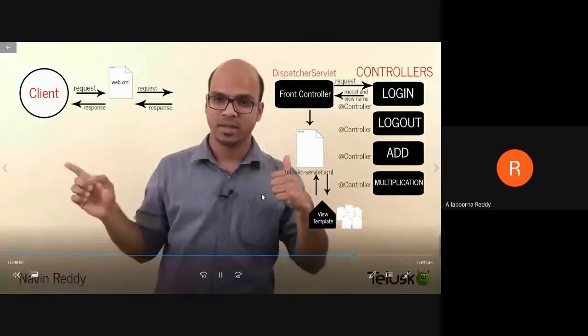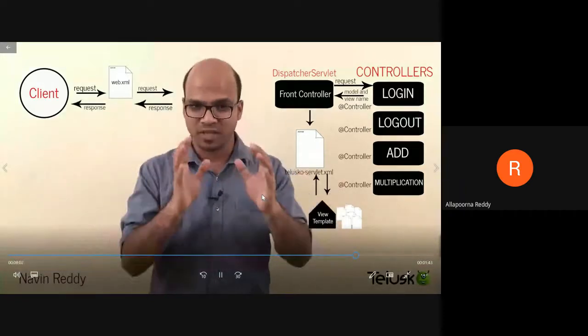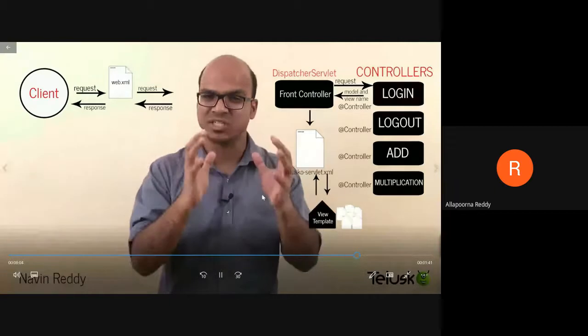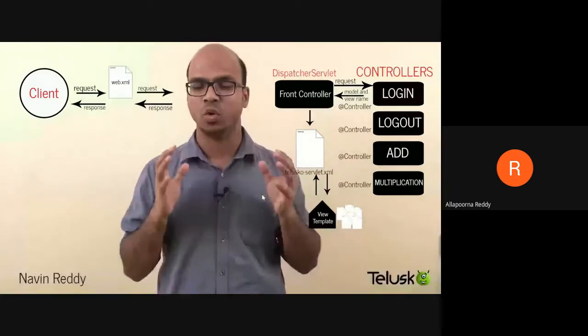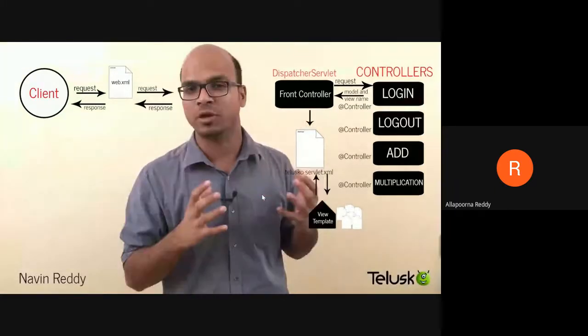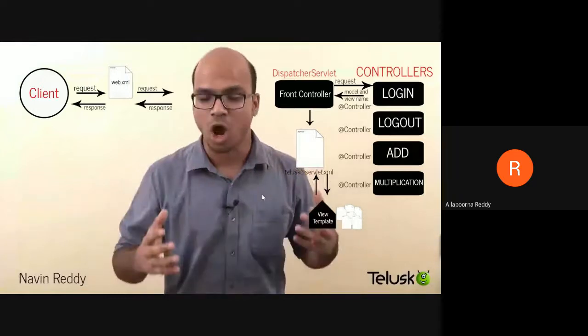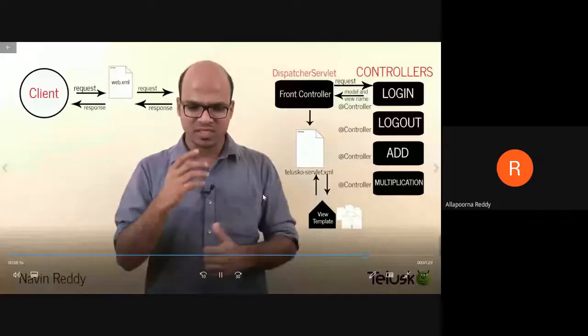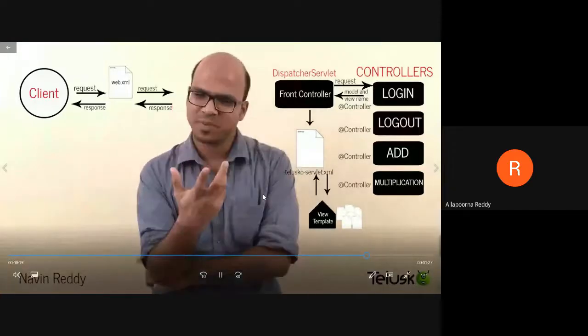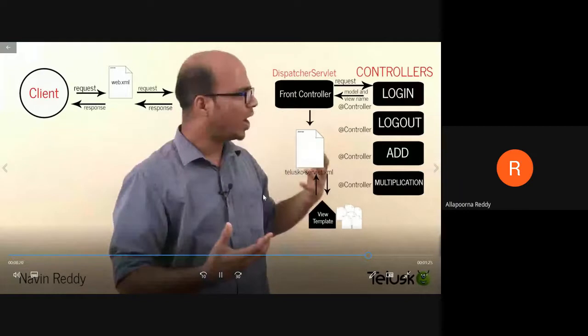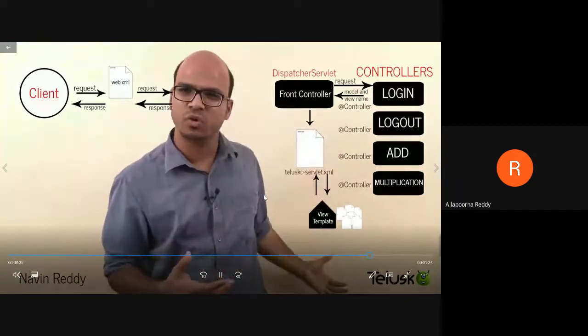And if you can see, everything is done by dispatcher servlet. As a client, you're only interacting with your front controller. You don't even know how many controllers you have on the backend side, right? Everything is done by your front controller. Then you think, everything is good, but why should your dispatcher servlet know which view to call? It's because